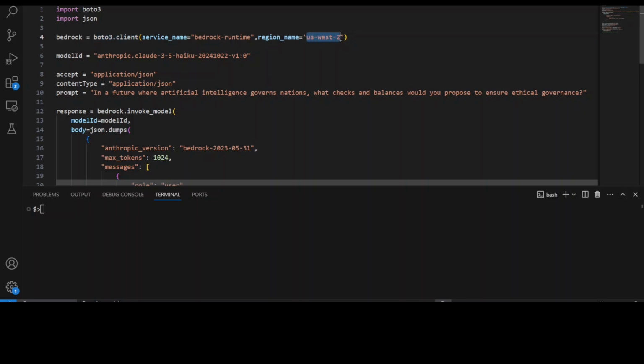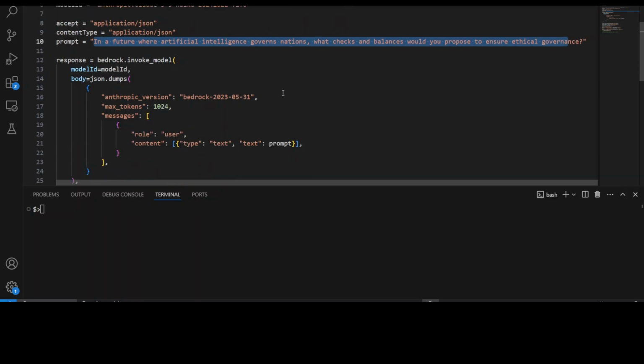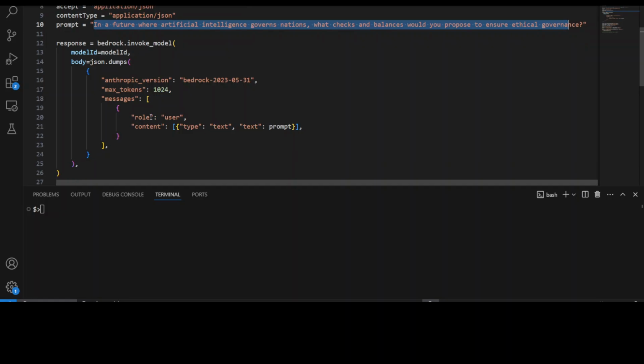So I have just gone with this US Oregon or US West 2, which is the region ID. And this is a model ID I am specifying. Make sure that you paste it as is, and then you can give it any code of your choice. I'm asking it that in a future where AI governs nations, what checks and balances would you propose to ensure ethical governance? And then I'm invoking the model with this, passing it all the stuff like some of the hyperparameters